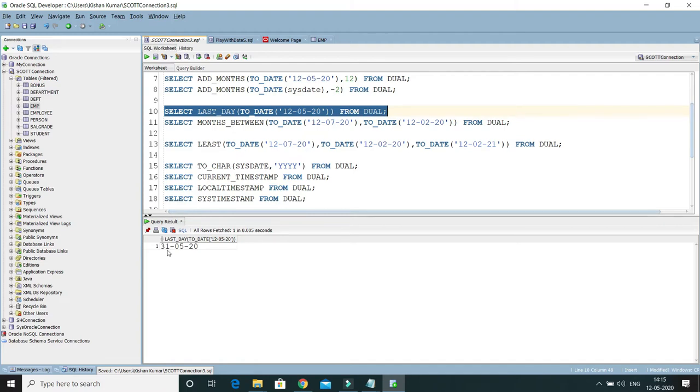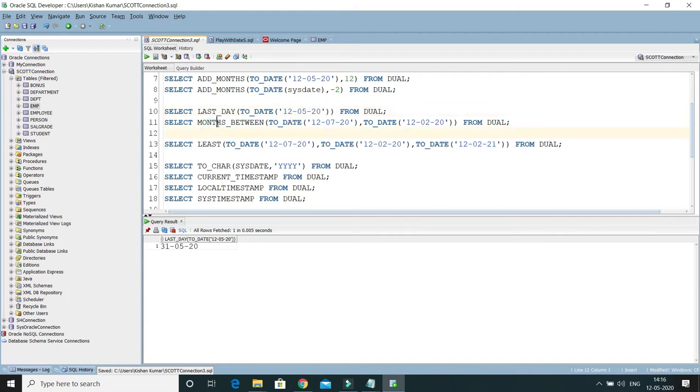If you want to check how many days are pending in the current month from today, or from a particular date, this will return the last day of that particular month. Of course, here you may use sysdate or any column name from your table.